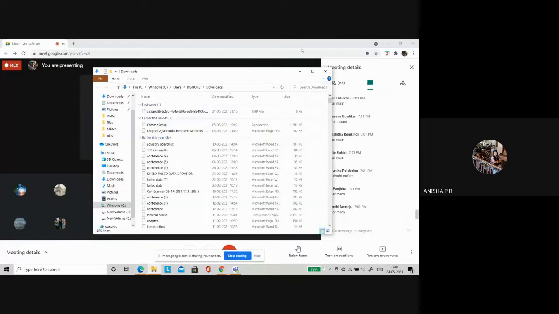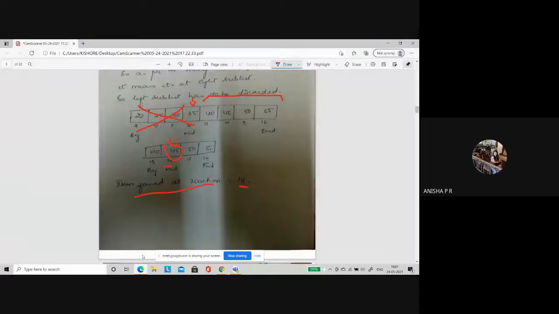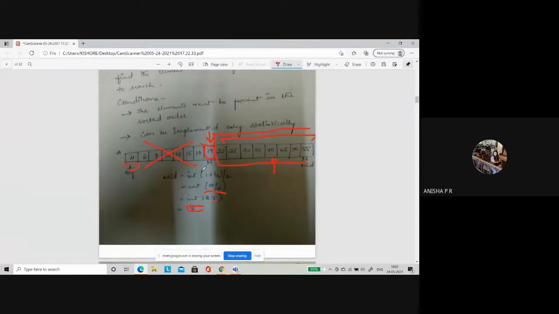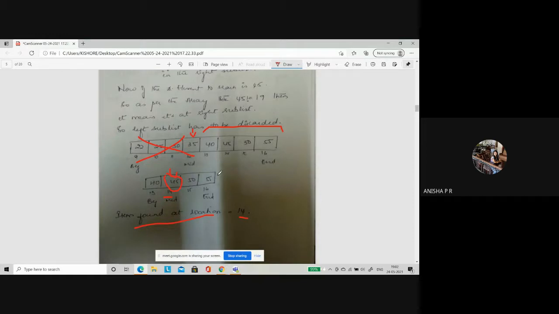Let us see how the algorithm is to be written. Now our concentration is on algorithm writing. Now understand, when you did this, first you calculated the middle element, then you searched. Was the algorithm the same or did it change? From here to here, is it same or changed? Only the element positions have changed, but the algorithm remained the same or not?